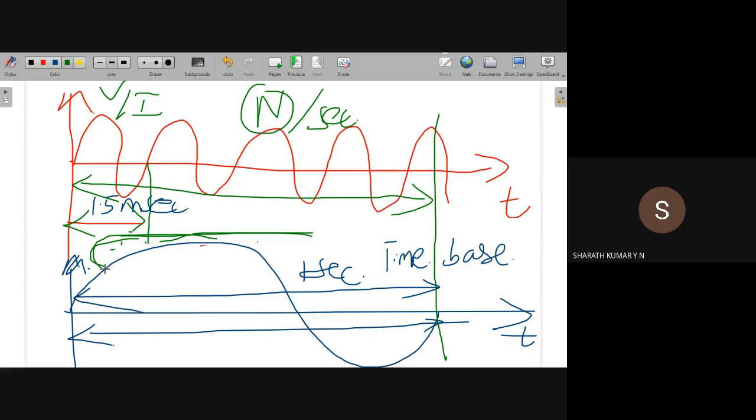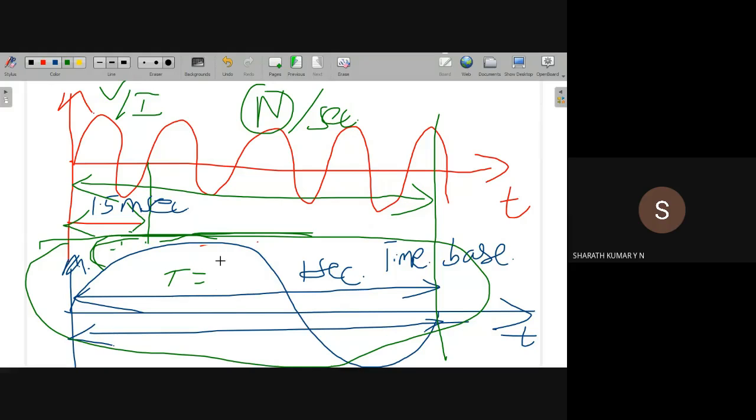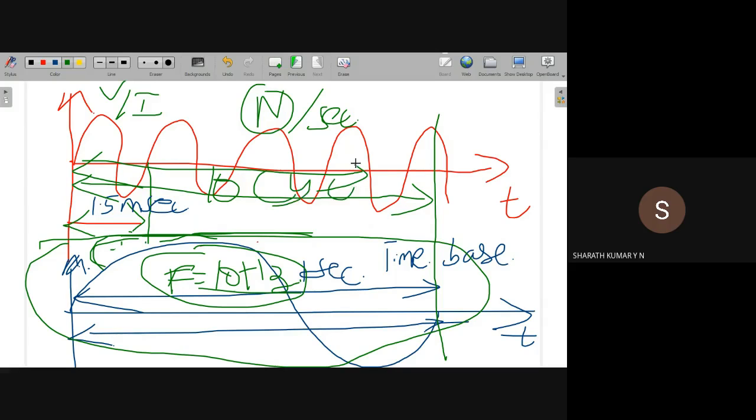This kind of time-based signal is used in all our devices. You take mobile phones, digital multimeters. In a multimeter, for example, we measure the frequency, let us say 10 hertz. What is 10 hertz? Sorry, it is a frequency. 10 cycles per second. Where does this second come from? How does the multimeter know there is 1 second? That is because of what is known as a time-based signal.